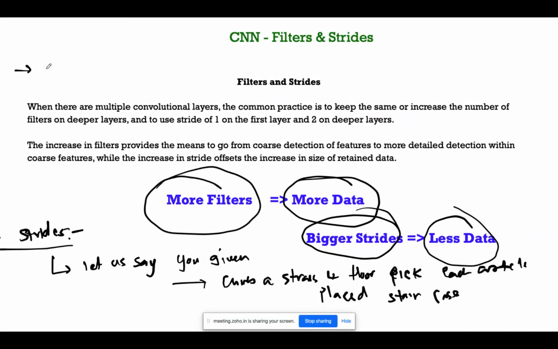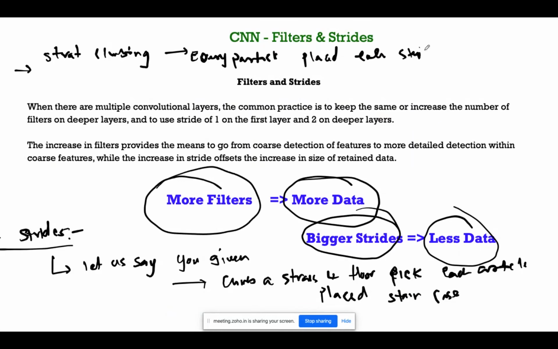What you do ideally, you start climbing and you pick every article placed on each step, and you will get maximum values.